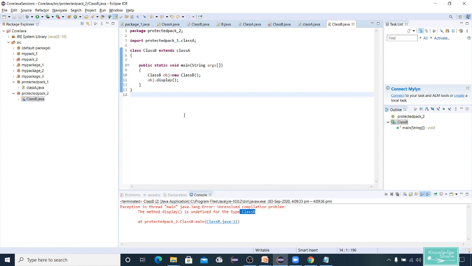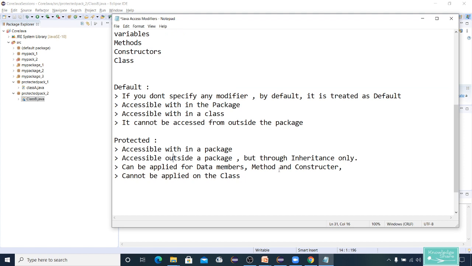So that is the main difference between default and protected in this session. The key takeaway is that you have to remember two things. One thing is, for default you do not have a keyword as default, but if you do not mention any access modifier, that itself will be considered as default. And second, for protected you need to remember two points. It cannot be applied to a class.